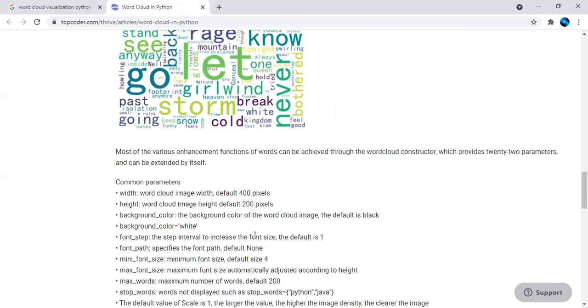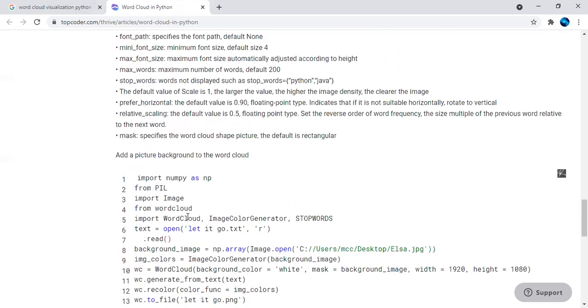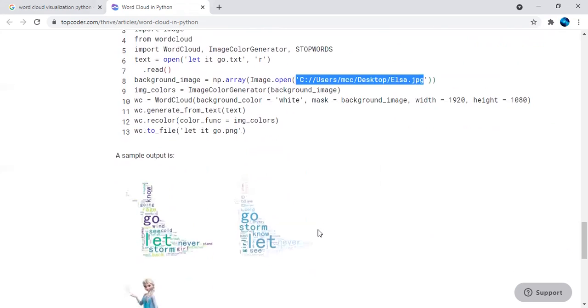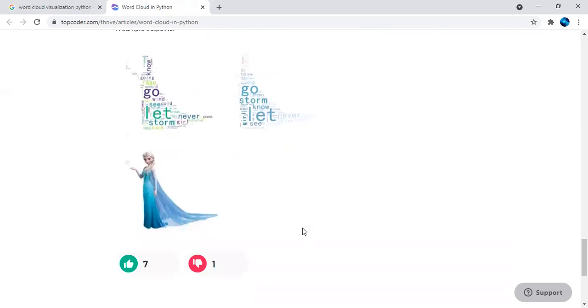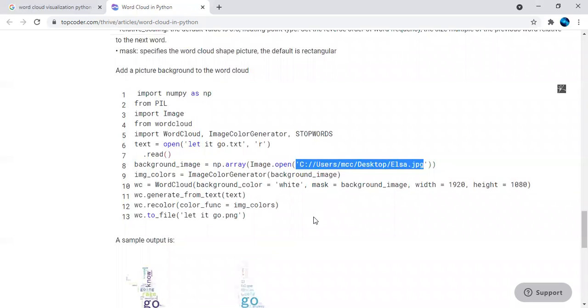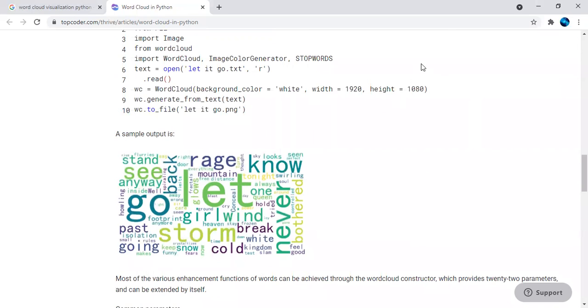This is how you can use different common parameters to define the width, height, and so on. All of that has been provided here. If you have the particular file in your drive, or want to save to the drive, that you can also perform. So different representations are available like this, and using this you can try the word cloud.